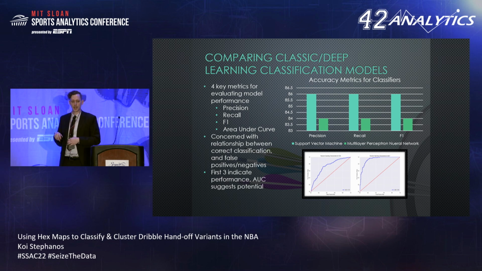So moving on, comparing the actual performance of these models, we trained a variety of different models. We're going to look at two specifically, one representing classical approaches, which is a support vector machine, frequently used in research to look at on-ball screens, and the second one, a neural network multi-layer perceptron. Now, looking at standard accuracy metrics like precision, recall and F1 score, which is a composite representing the relationship between positives and negatives and false positives and false negatives, we can see that the support vector machine actually outperforms the neural network by about 2 points on average,